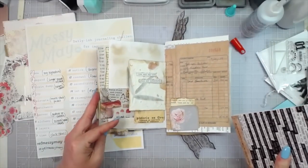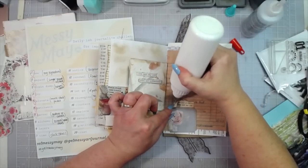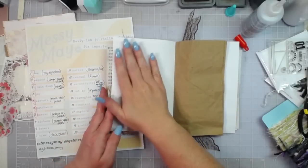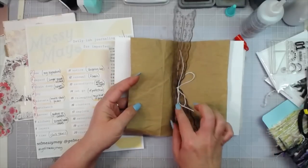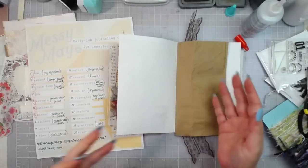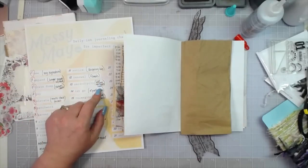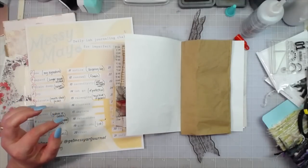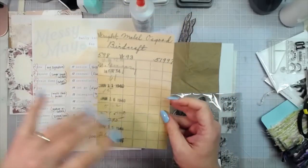Okay, so there is renewal taken care of. And I'll put just a little bit more glue there to hold that down. Okay, big, nice blank page here. And look, we are to the middle of our signature. That's the middle part there. So we're on Serendipity, and that's number 13. So we're pretty much in the middle of our month here. Serendipity, and I put out beside it, just makes me happy, and that is books. Books make me happy. And I love books, and so this looked like one of the old-timey library cards, so